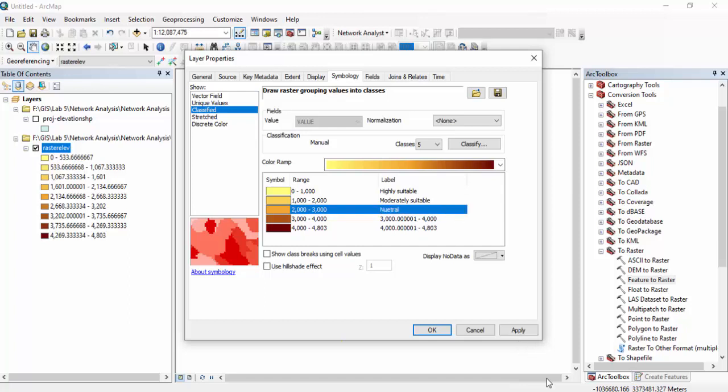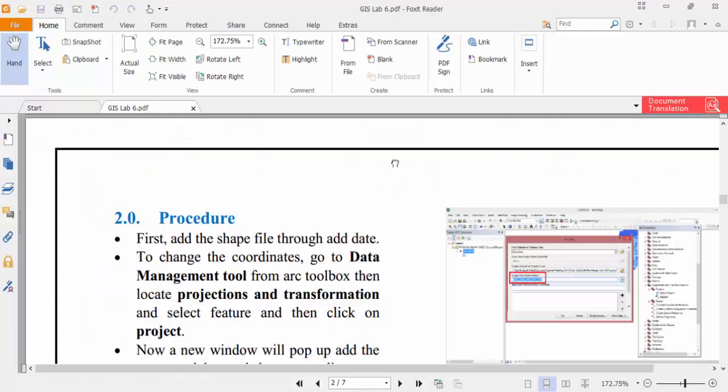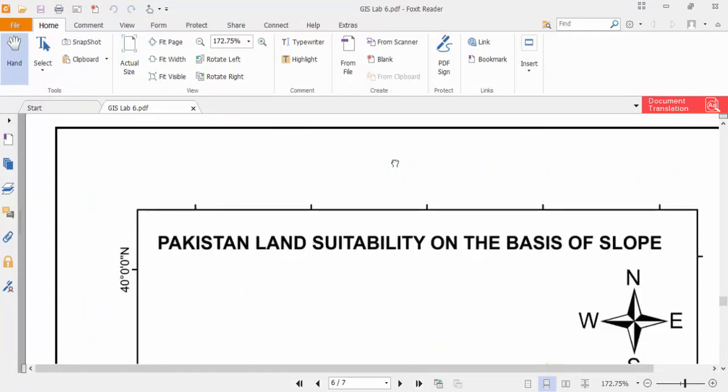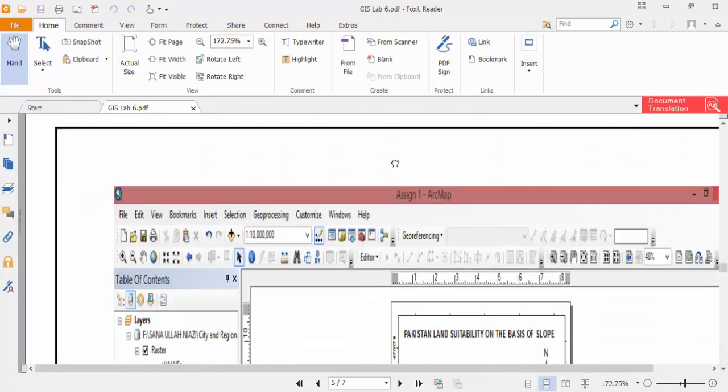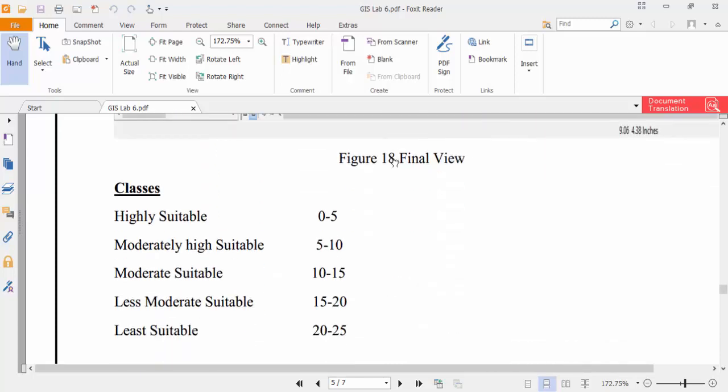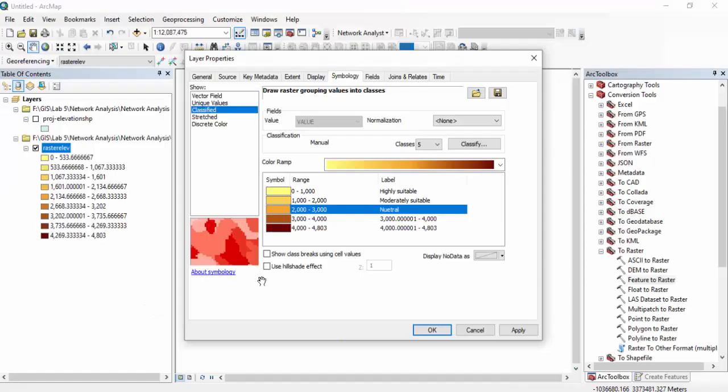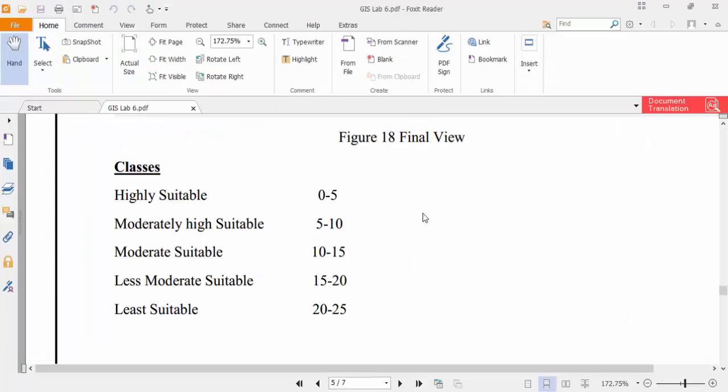Then I forget how many classes there are and what the names are. So I'm going to check it. Let's say moderately suitable, moderately high suitable. These classes you can make. Please don't copy it.